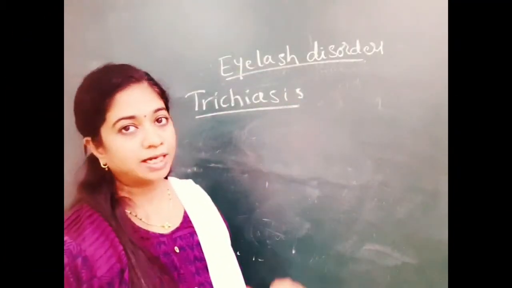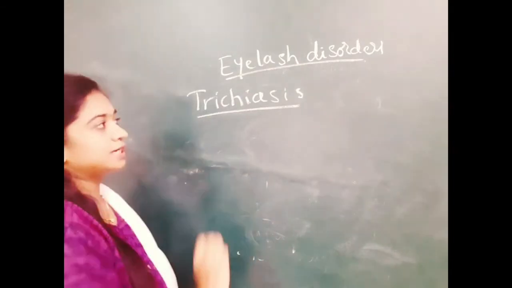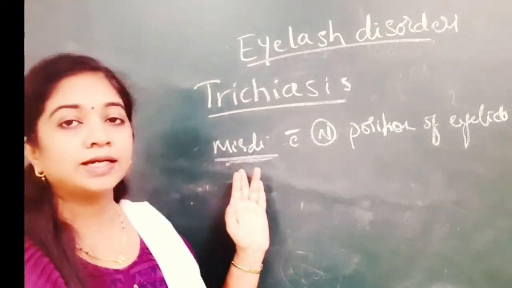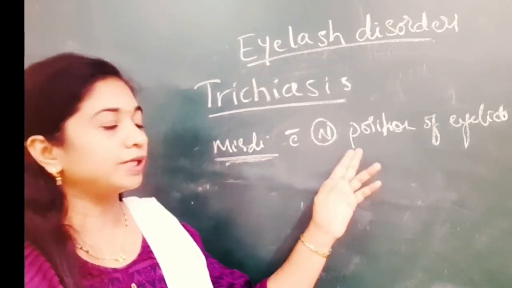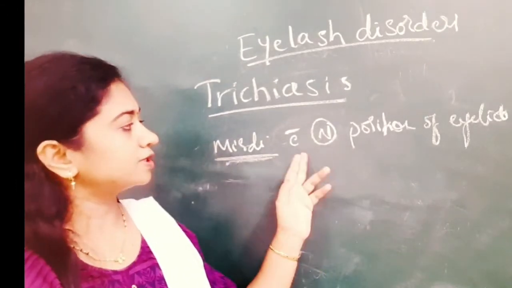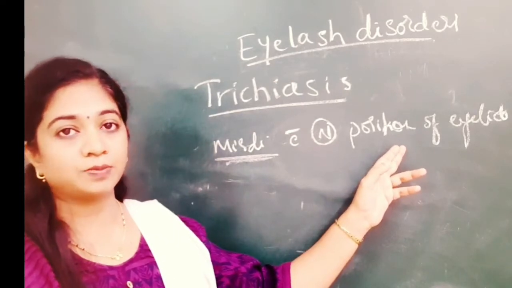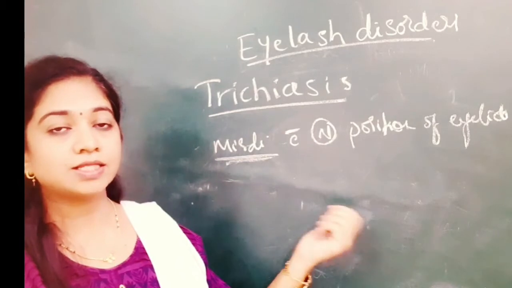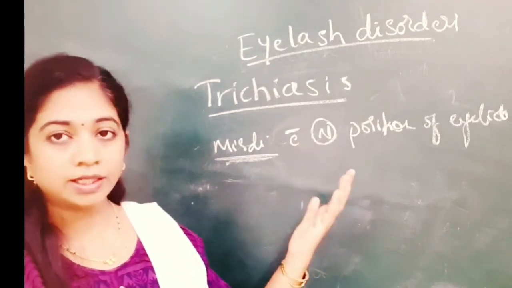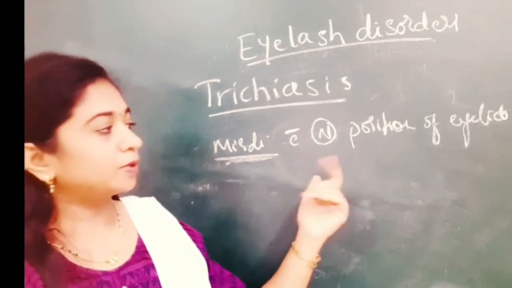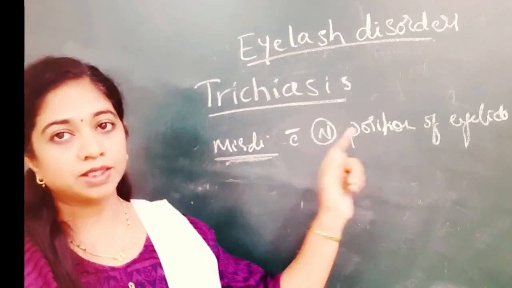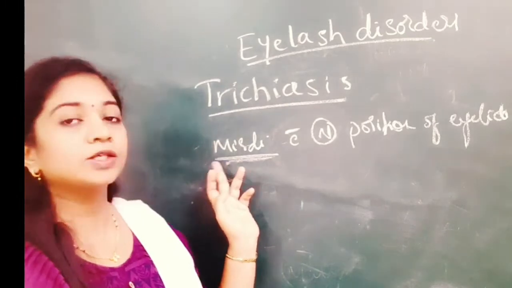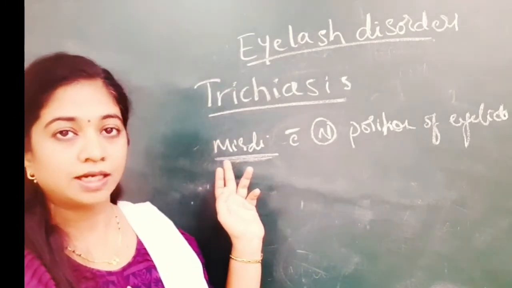Now we will move on to the eyelash disorders. We have trichiasis. So coming to trichiasis, it is nothing but misdirected eyelashes with the eyelid being in the normal position. So all the words are important. The normal position of the eyelid is important because if there is inward turning of the eyelid itself, that is called as entropion, there will be automatically inward turning of the eyelashes. But if you correct the eyelid position, the misdirected eyelashes will also get corrected. But in case of trichiasis, your treatment is directed towards the eyelash.